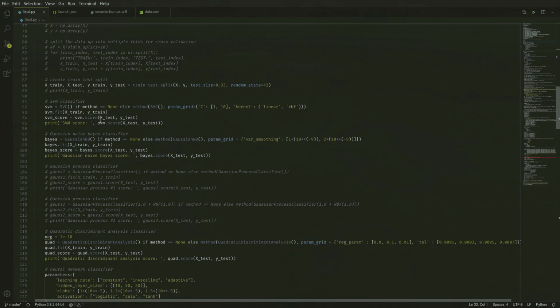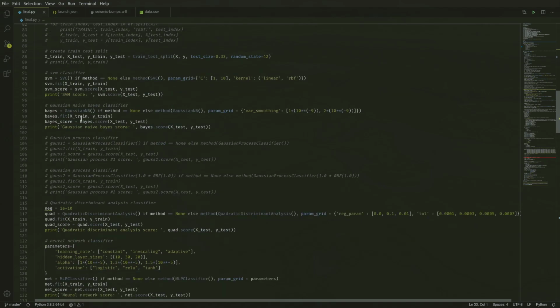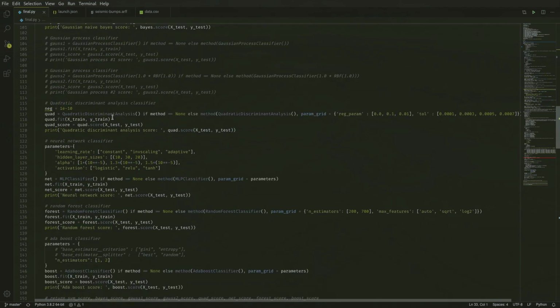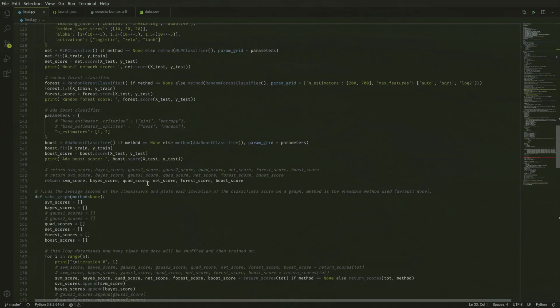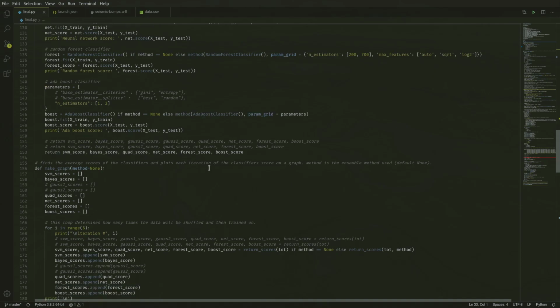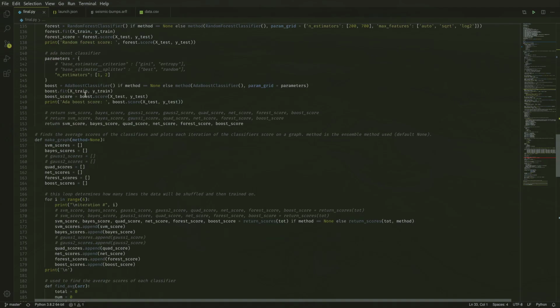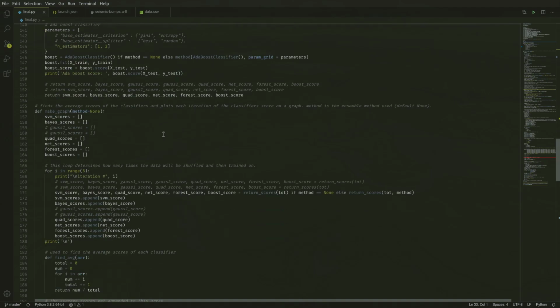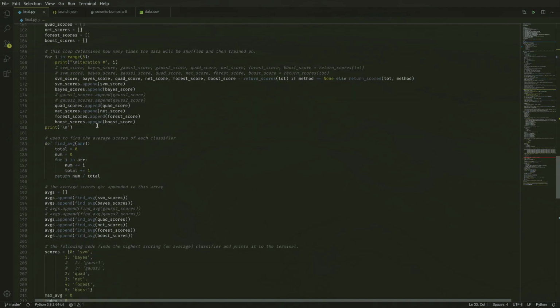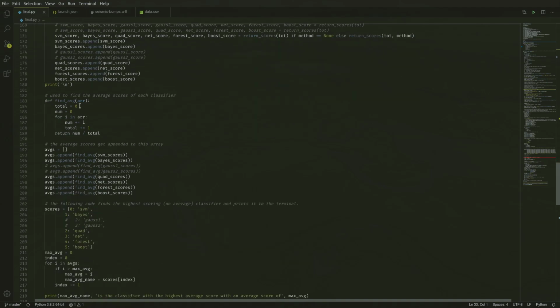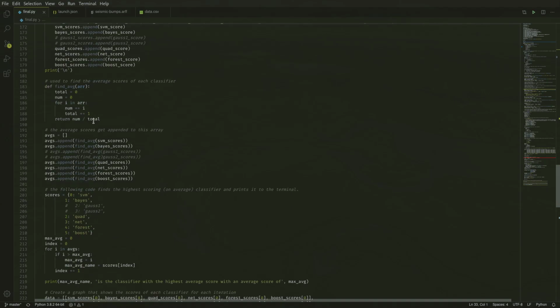So that's the SVM, and then there's one for Gaussian Bayes, and then there's the 4 other ones, and that's the rest of the function. And at the end of the function, it returns all the scores that it found. So it fits it, it scores it, it returns the scores, and then we go back down here, and the scores all get added in this makegraph function to these arrays, and then I find the averages of the scores